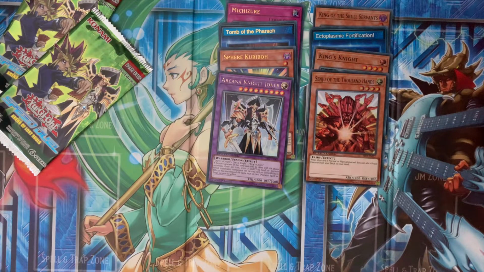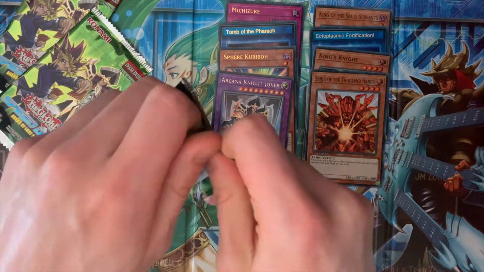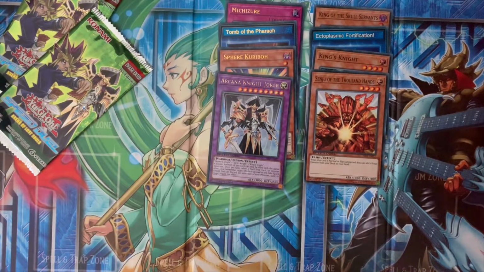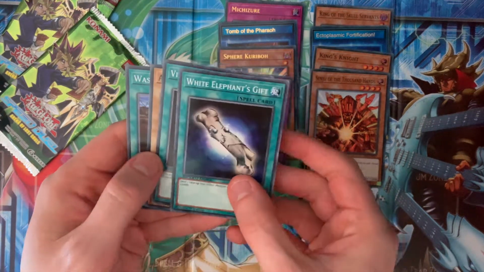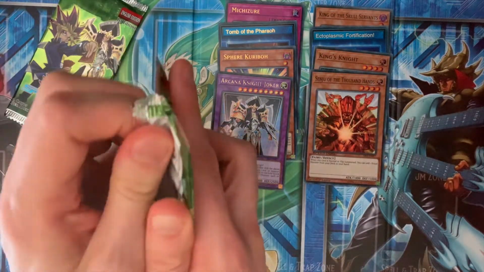Let me see if I can pull it up here real quick. Royal Flush is what it's called. So if you're looking to run Queen's Knight, King's Knight, Jack's Knight, trying to bring out the Arcana Knight Joker, it's definitely going to help you if you're running Royal Flush, which is the Yugi skill card, which